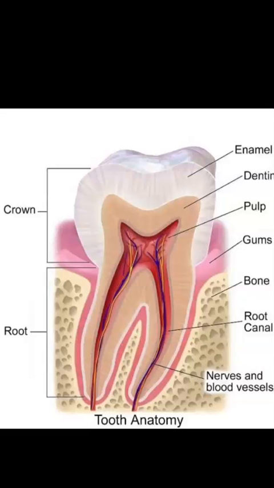The functions of the irrigants include rinsing and flushing. This will help to remove debris. Lubricant function: to reduce instrument friction during preparation. So they should lubricate the root canal. For the filing of the root canal, we are using files. These instruments can irritate the root canal, and we don't want this irritation, so we are using irrigants. These irrigants can lubricate the root canal. So lubricant function is also the function of a root canal irrigant.